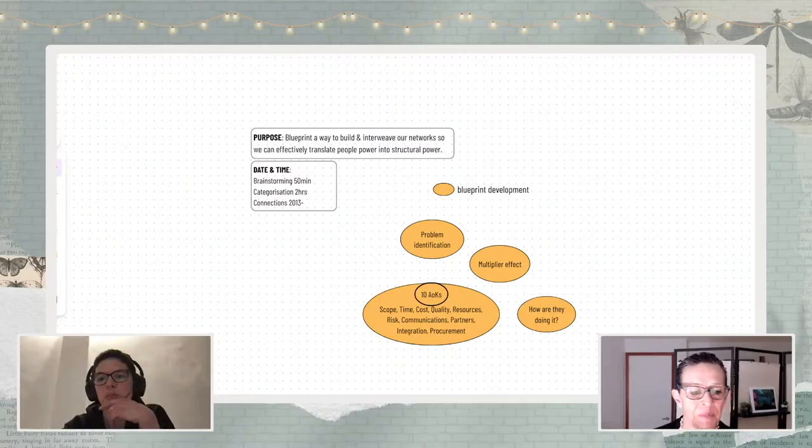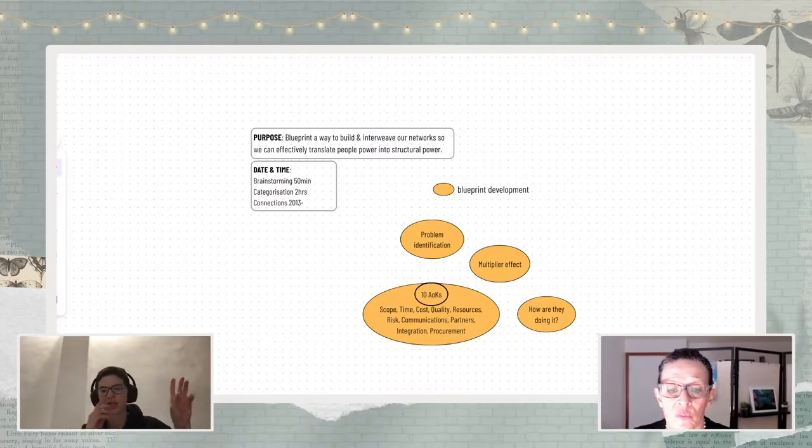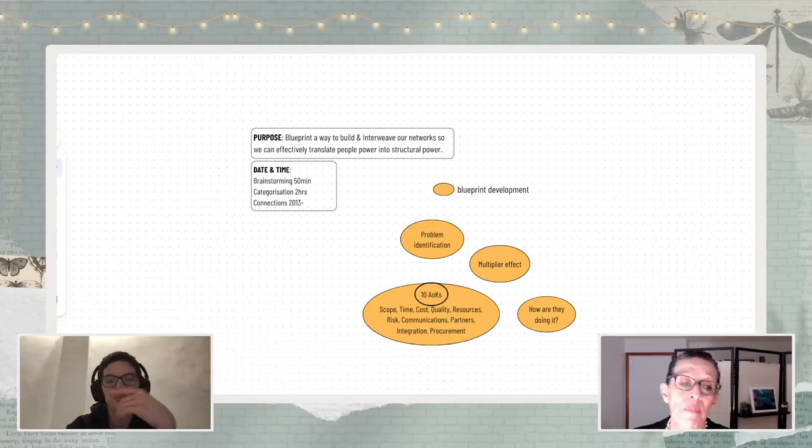But so Lizzie, if you see down to the left, I brought our purpose and I brought our time, and we don't have that many orange bubbles. So what are you thinking with this part? Well, we don't have many because we put a big one. One has 10 of them. Yes. And each of them has their own whole life.